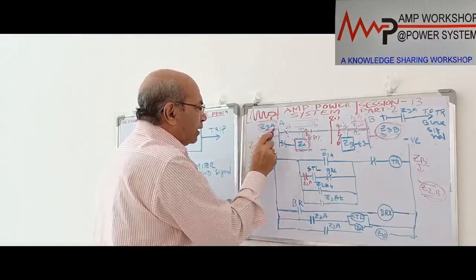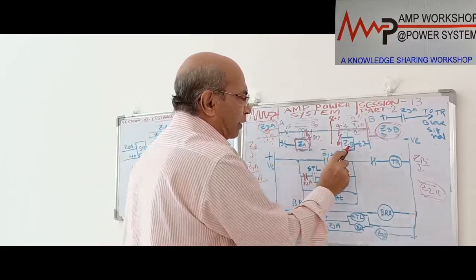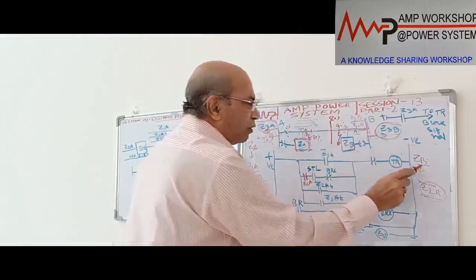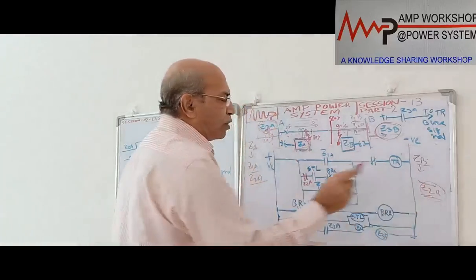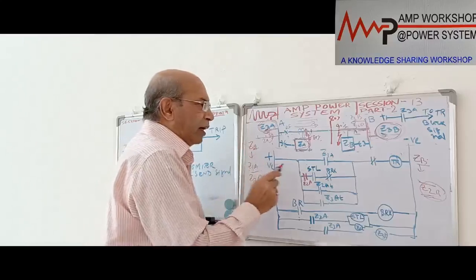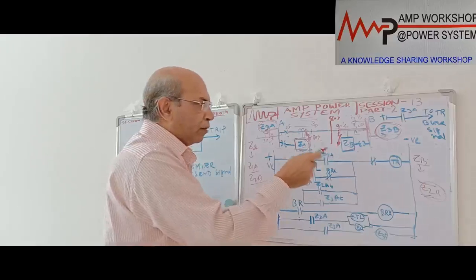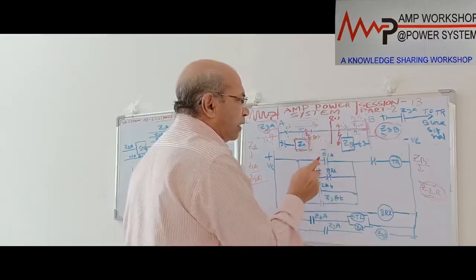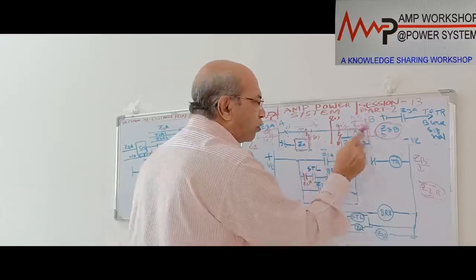So the moment Z3A is operating, immediately it will be sending a blocking signal over here. So this Z2, though it is operated, once it receives the blocking signal, it will not trip. Condition of operation: Z2 is operated and no blocking signal means the fault is within the line. If the blocking signal is present, that means the fault is outside. In that case, this relay should not operate.